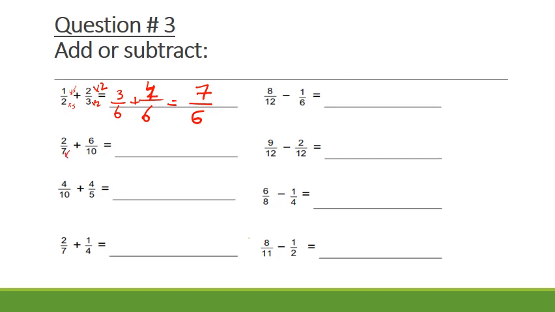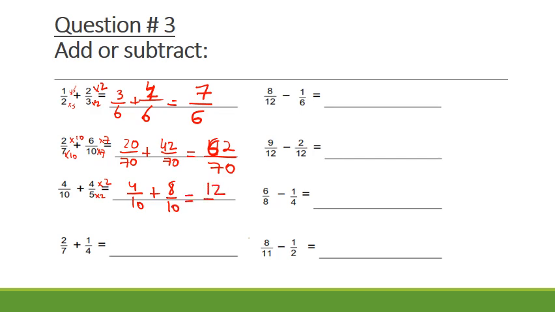Now in the second one, I multiplied the 7 by 10 and here by 7. So I have 20 over 70 plus 42 over 70. I add the numerators, so I get 62 over 70. Now, I have 4 over 10 plus 4 over 5, so I only multiply the second fraction by 2. 4 over 10 plus 8 over 10. I add the numerators, 12 over